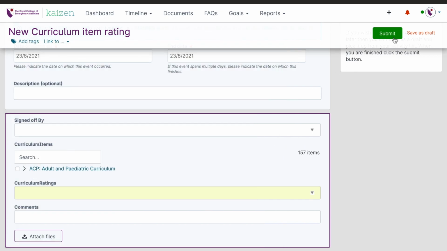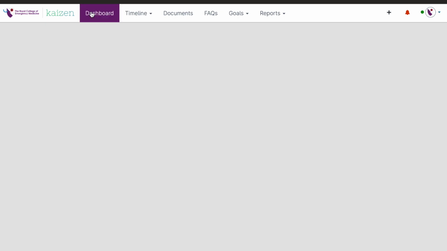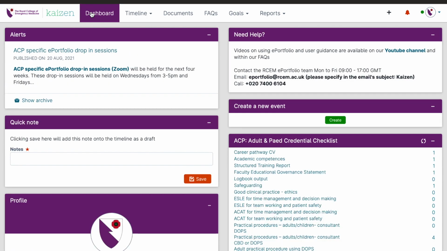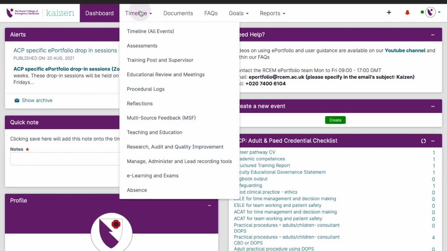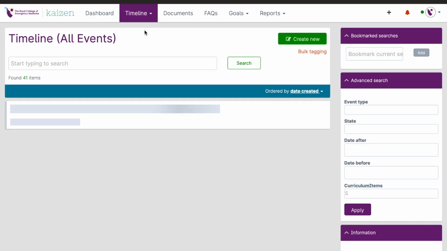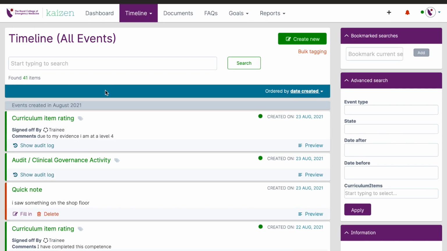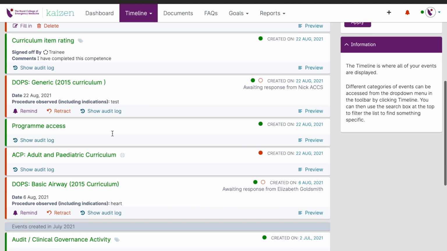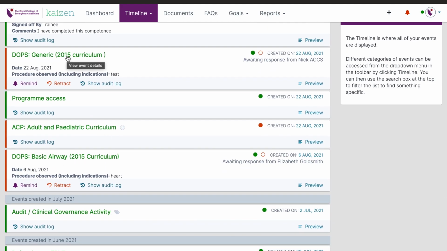However, after the migration, you'll be met with a much more succinct list that matches your curriculum. So let's say you had created a form previously and not linked it to the curriculum. So let's go to our timeline, and we're going to find a form that I have done. Okay, so here we have a DOPS that I've sent to my supervisor, and I'm just awaiting their sign off,